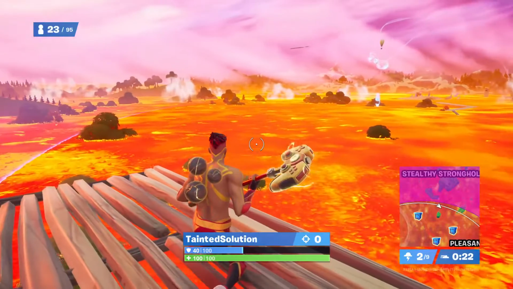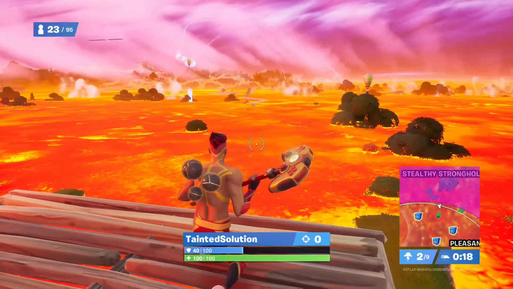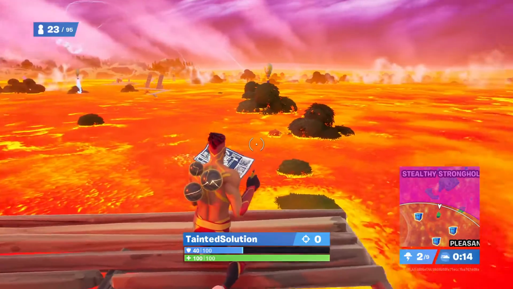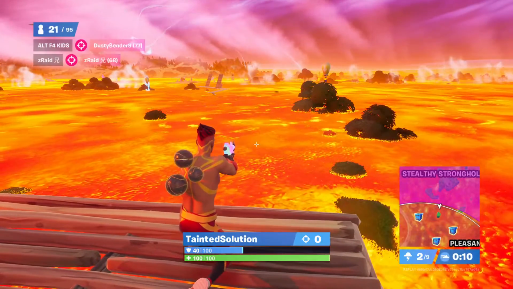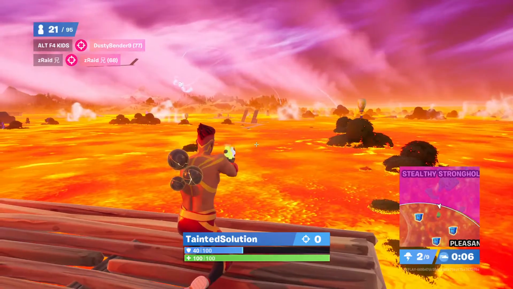Now, I didn't get to play during the season with the volcano, but man, that looked like it would have been cool judging by this little scene I'm looking at. So they have the ability to make some really interesting things happen. I kind of started playing in chapter 2, so